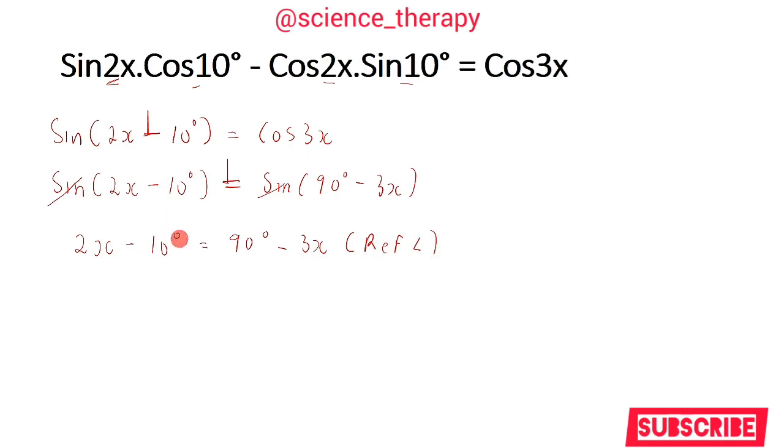And then what do you want to do? You want to check where sine is positive, because we can see our reference angle is positive. So we know sine is positive in the first quadrant and also in the second quadrant. So now we want to produce general solutions for the first quadrant and the second quadrant. Now for the first quadrant, it's quite easy because you just take the angles as they are. So you just take your reference angle as it is, then 2x minus 10 degrees is equal to 90 degrees minus 3x. Now at this point, what do you want to do? So you say plus